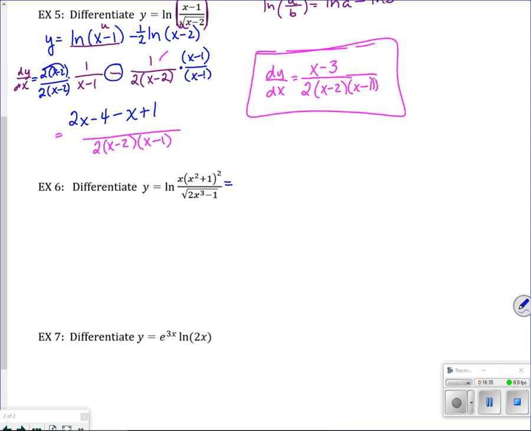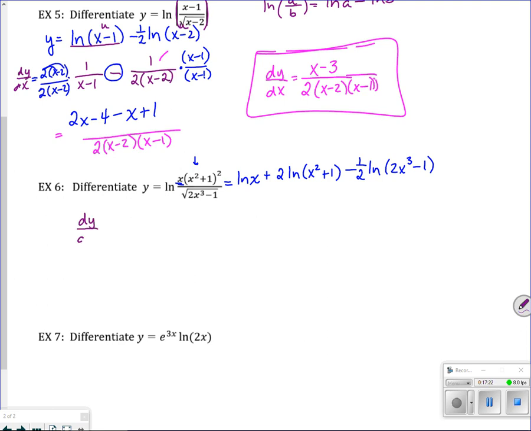Well, I hope that you certainly use log properties. There is no way you want to do this guy. Find the derivative of that. That'd be nearly impossible. So let's use our log properties. I would have the natural log of x, because he's on top, plus 2 natural log of x squared plus 1 minus the natural log of 2x cubed minus 1. That would be to the 1/2, so that 1/2 is right there. So again, what I did there, I wasn't doing the derivative, I was just rewriting using log properties,